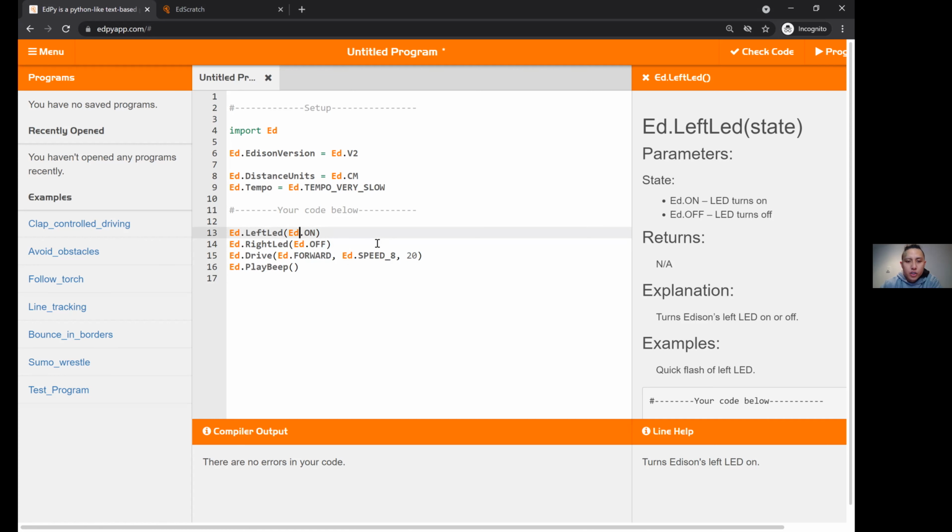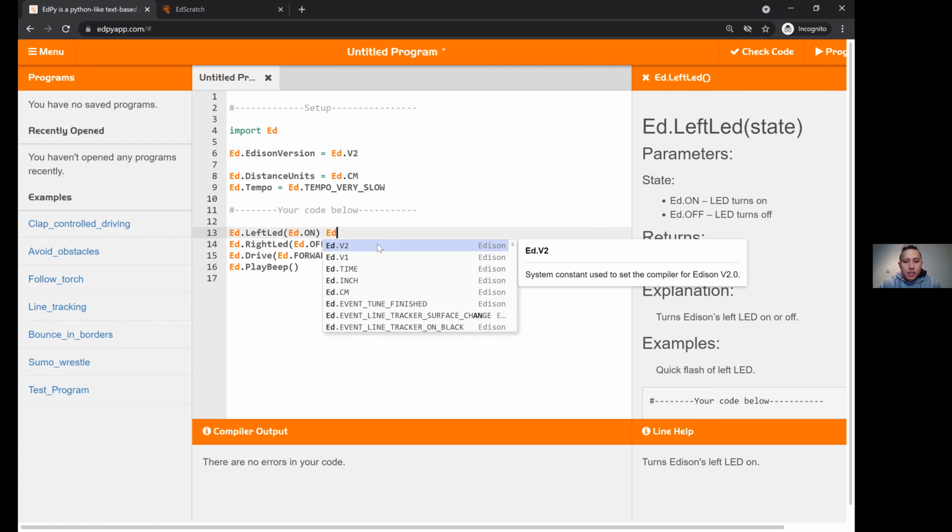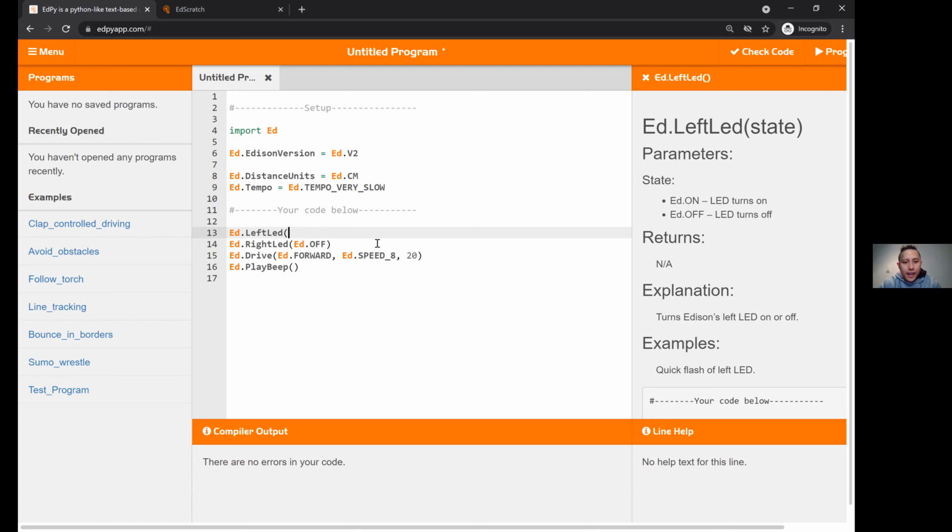Make sure there is only one ed at a time, not two eds. So make sure this is correct. This is not a trick. You just make sure your spelling is correct.